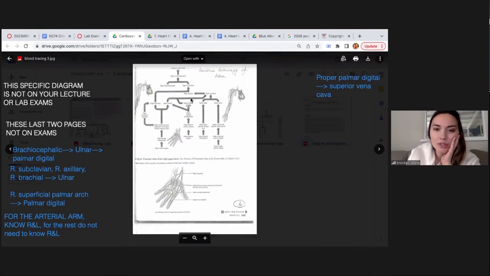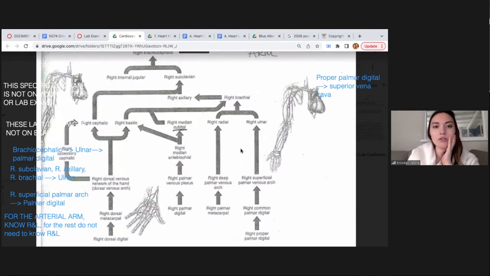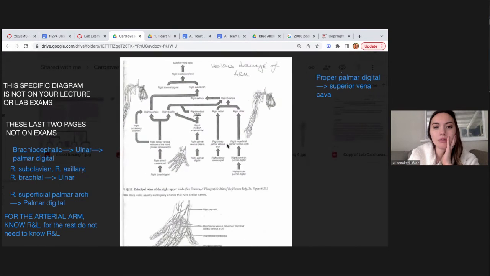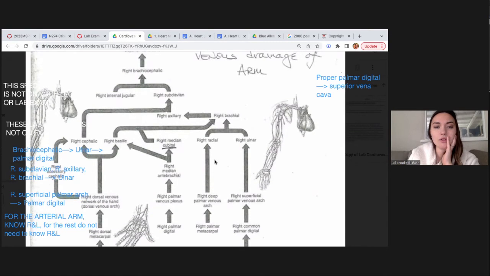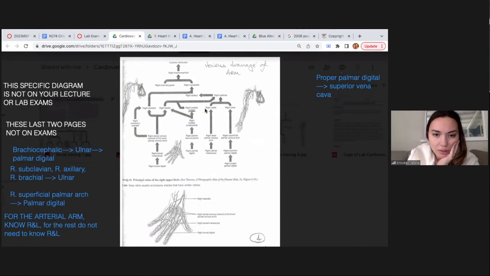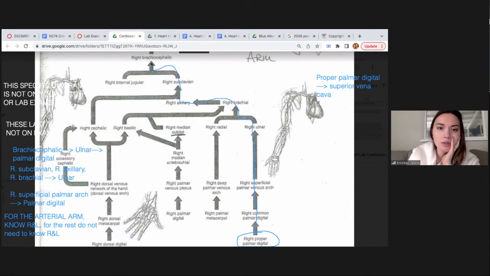And if in doubt, you guys can just go to the different images and find the ones you need. So if we're looking at this image here, trying to get just out enough. Okay, well, superior vena cava is at the top. So everybody just believe me that superior vena cava is the top because it won't let me fit it. So you're going to go all the way down here to palmar digital right here. And then you're going to trace all the way up until you get to the superior vena cava. So you have to memorize everything that comes in between